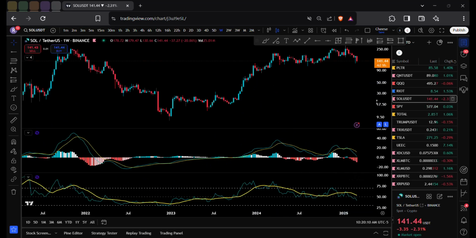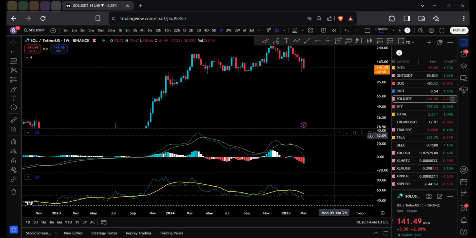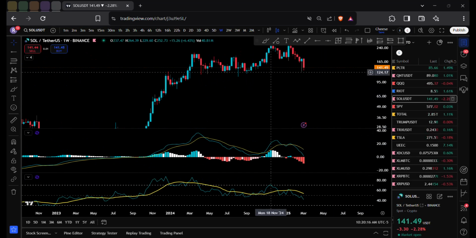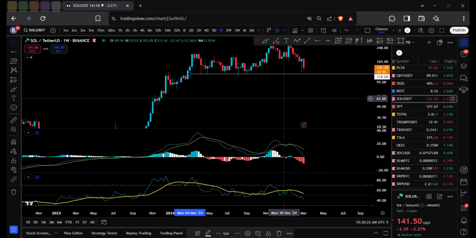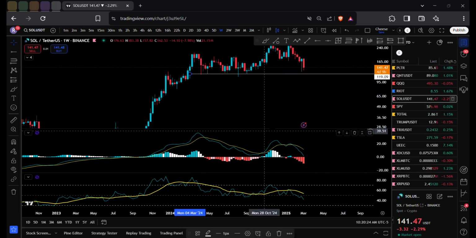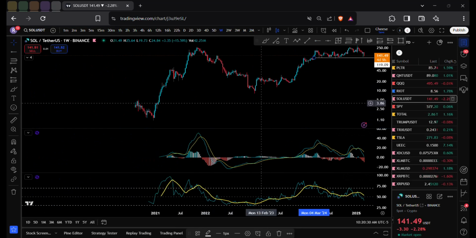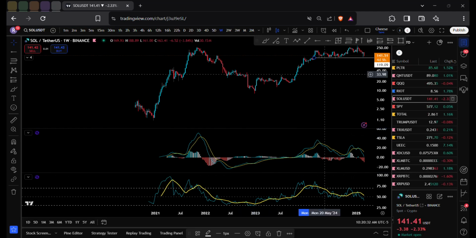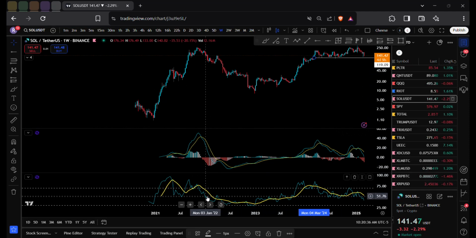Solana broke into section B. Never a good thing on a weekly. We have room to bleed on Solana. Curious if we find support at the 119. Once again, you could see on a weekly, like I was showing you the importance of a 2-day and a 3-day. If you have the longer time frames break into section B, no bueno, homie.